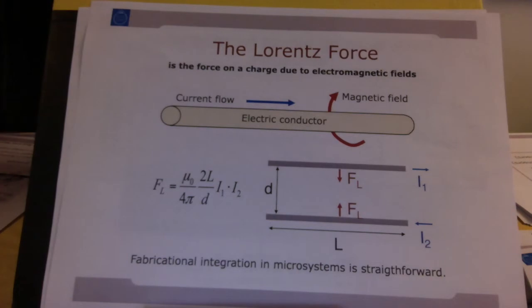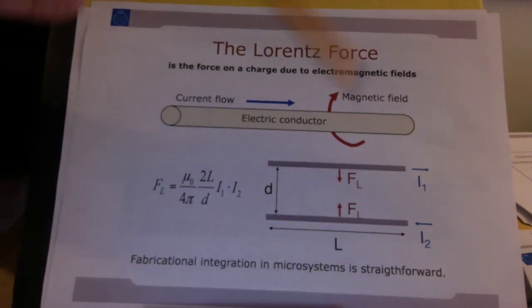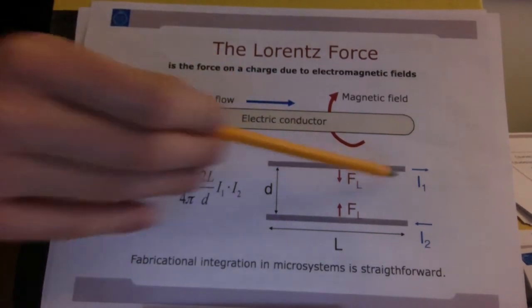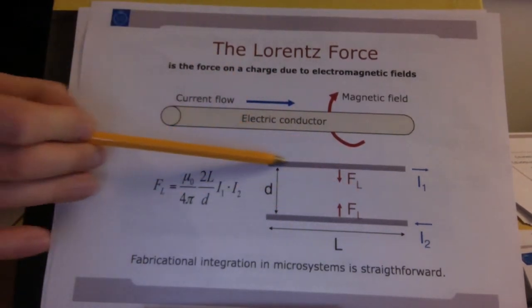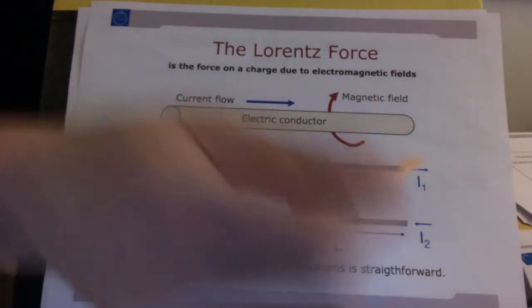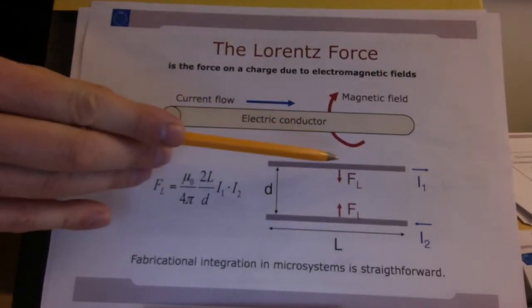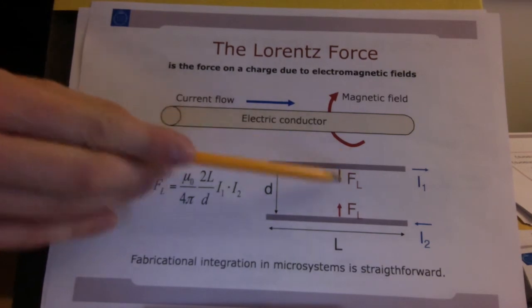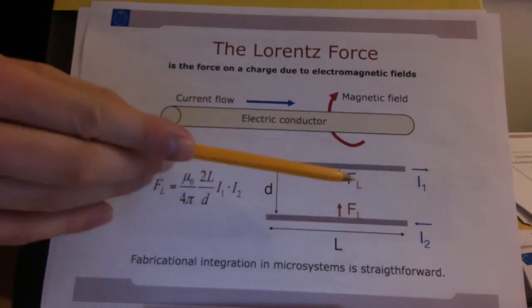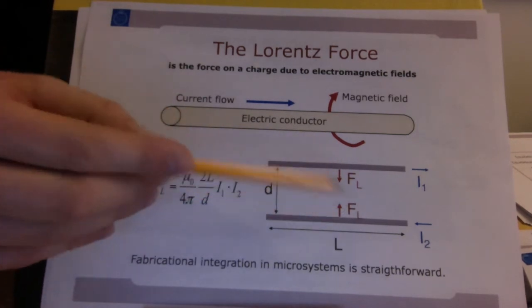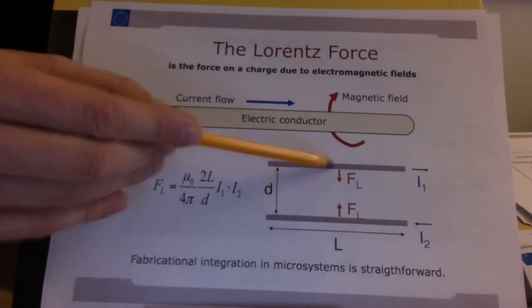Well, the Lorentz force is the force generated between two conductors. So I have two conducting lines, and I have a current. Here you can see the two lines. And I have a current in one going from the left to the right, and in the other from the right to the left. I will generate, of course, a magnetic field, in this case, that turns around in this way, and in this one I get a magnetic field that turns the other way. And these two magnetic fields will interact with each other, and that will result in a force between these two